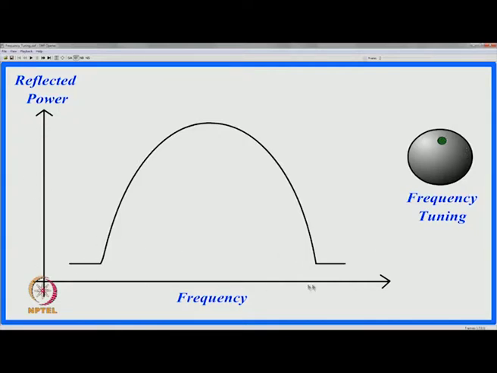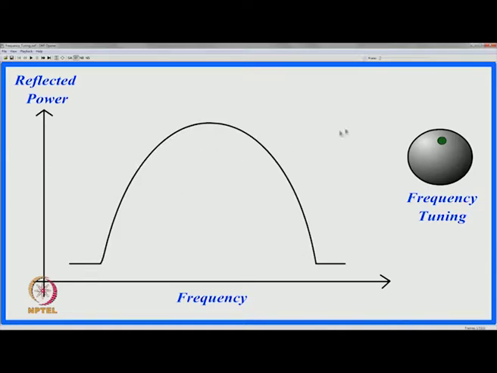What is shown here is the klystron mode, that is, the output of the microwave power coming from the klystron as a function of frequency. But since the same power is going to the cavity, and the cavity in general will have a different resonance frequency, complete power is reflected from the cavity. So, this is the mode of the klystron.